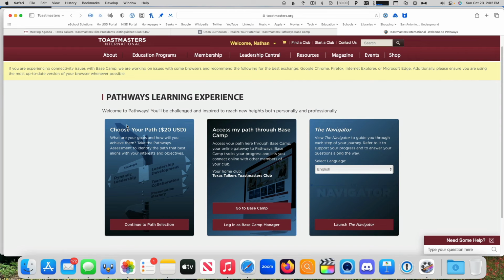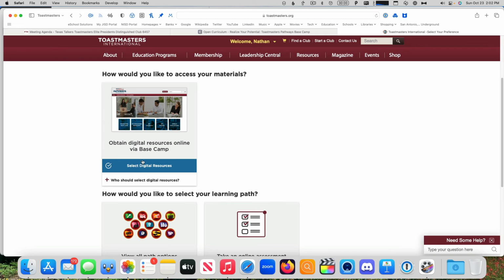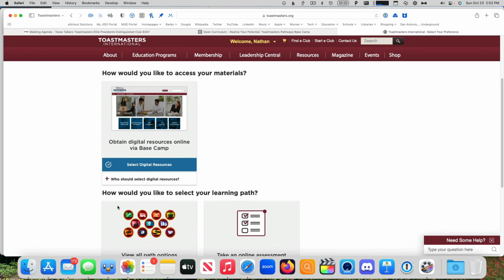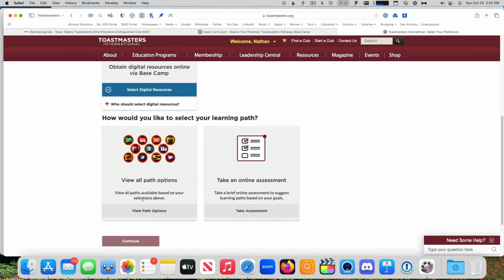So what if you want to figure out what path you want to take? You're going to choose your path, continue to path selection, and you're going to select digital resources. And you can either view all the path options and read about each path, or you can take an online assessment. I would recommend the online assessment because it will ask you a series of questions to gauge where you